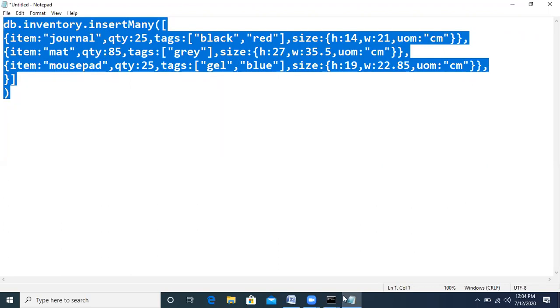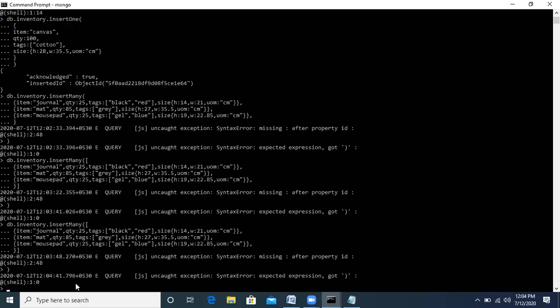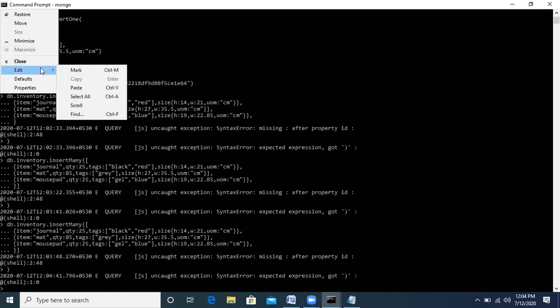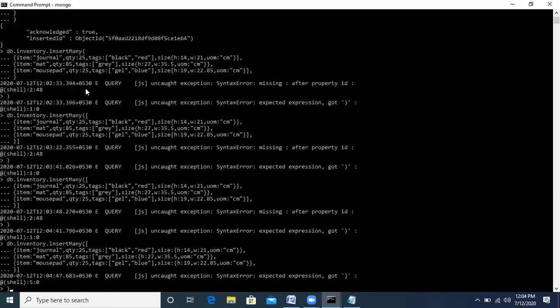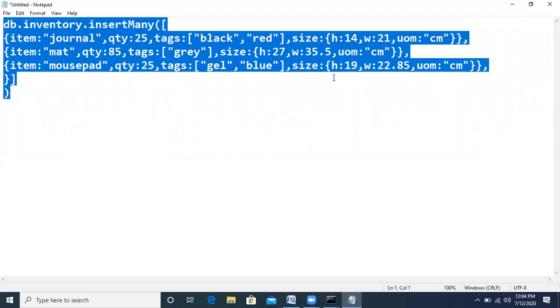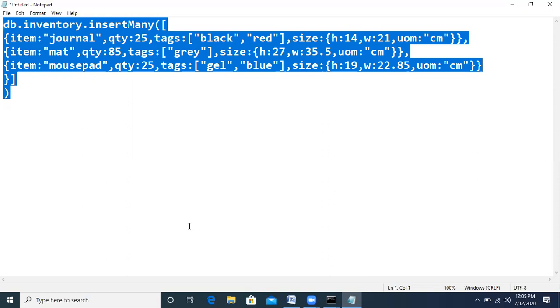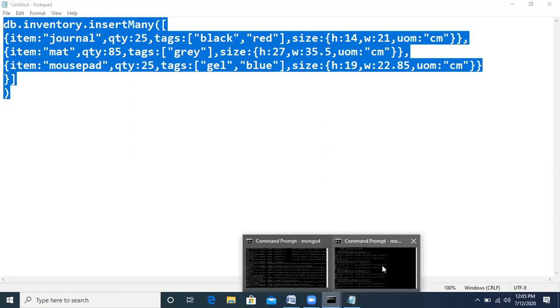Hope it should work now. Still one thing is missing. This should not be here. This colon was inserted while copying.